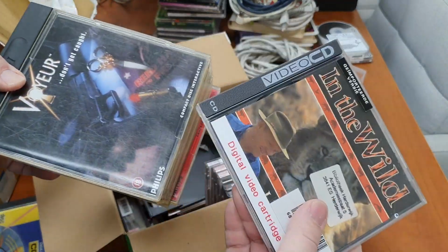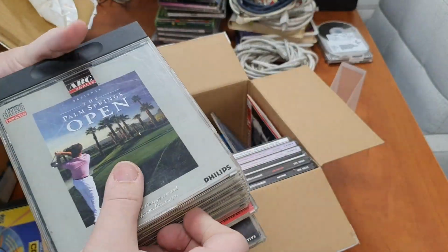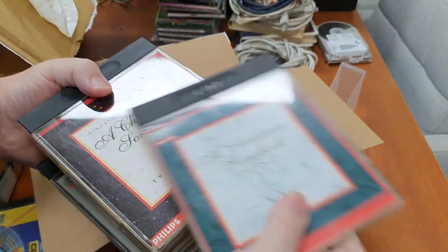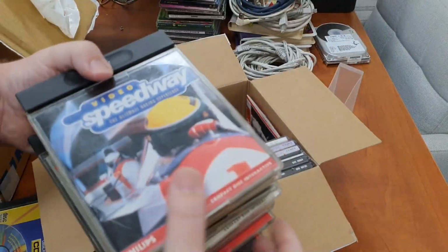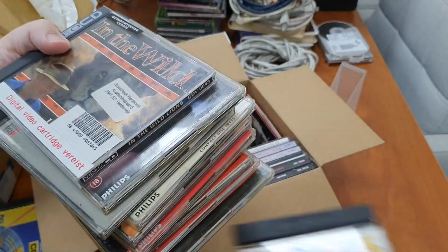Into the Wild, Don't Get Caught. My God, it's